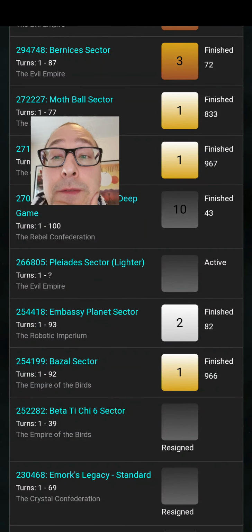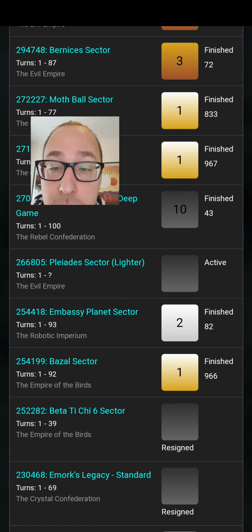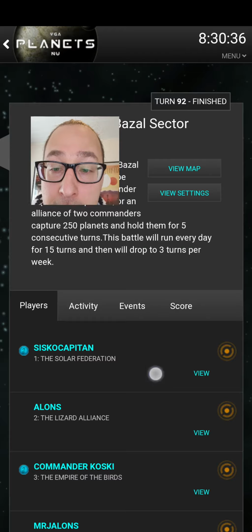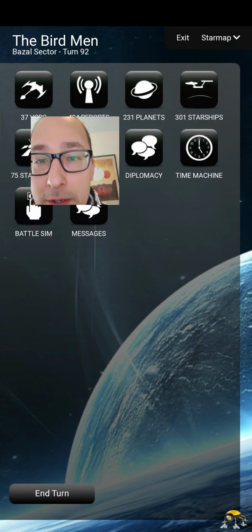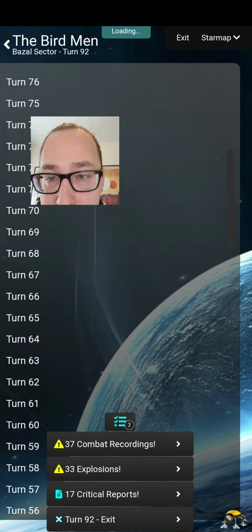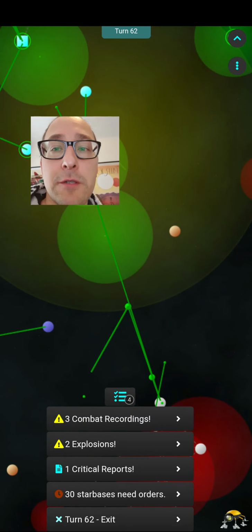Okay, and now it's time for a quite important and perhaps a bit difficult mentor lecture, the battle order. We are going for that to my Basal Sector Birdman game, and I'm going to use Time Machine to go to turn 62, just to get some graphic examples. But when we talk about battle order, we are talking about in which order your ships take battle,